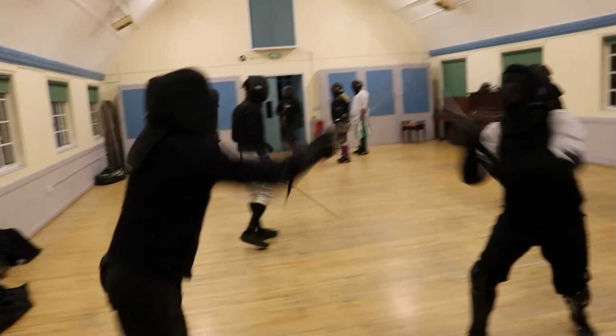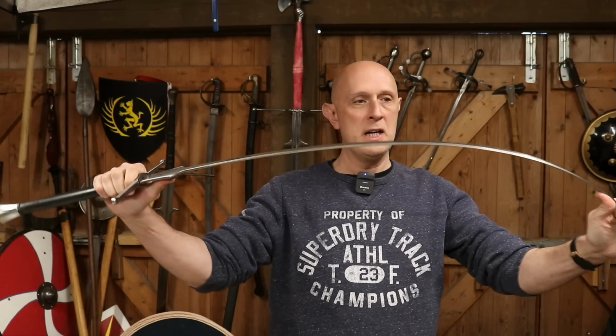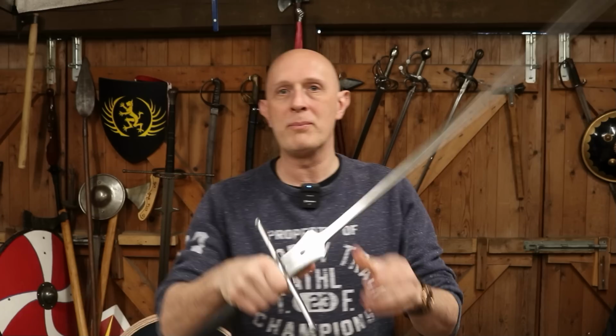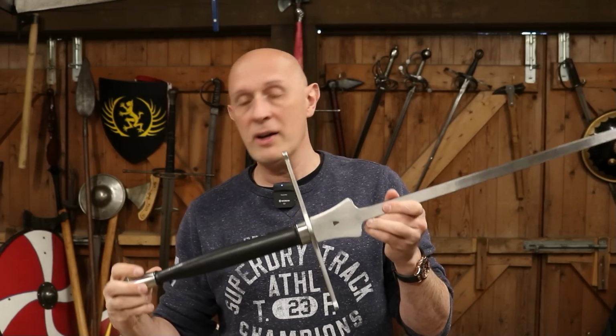So I'm Matt Easton, Schola Gladiatoria series of fencing clubs, and I've been sent this nice feather with a roll tip. They've got different tip options, and it's got all the distal taper you want, and it's quite a nice nimble feather. So we're going to be looking at how this performs in the club in a minute, but it